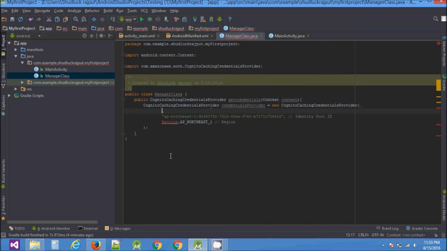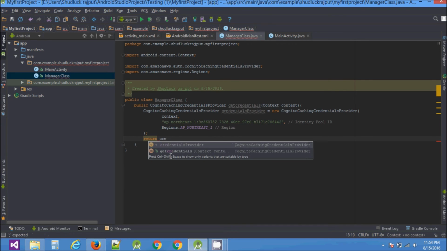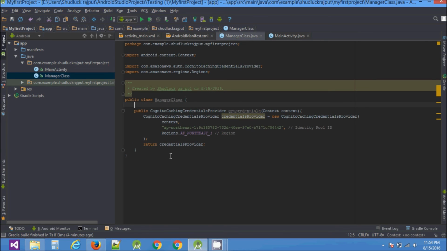We'll tell context. Come here, press Alt Enter. It will directly import for you. Just return credential provider, that's it. We will be using this function in our projects later. Okay, we are done with this.